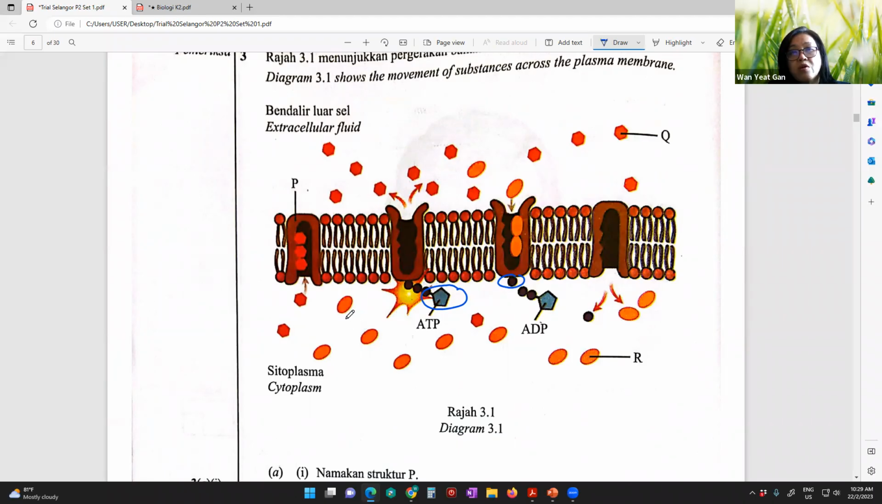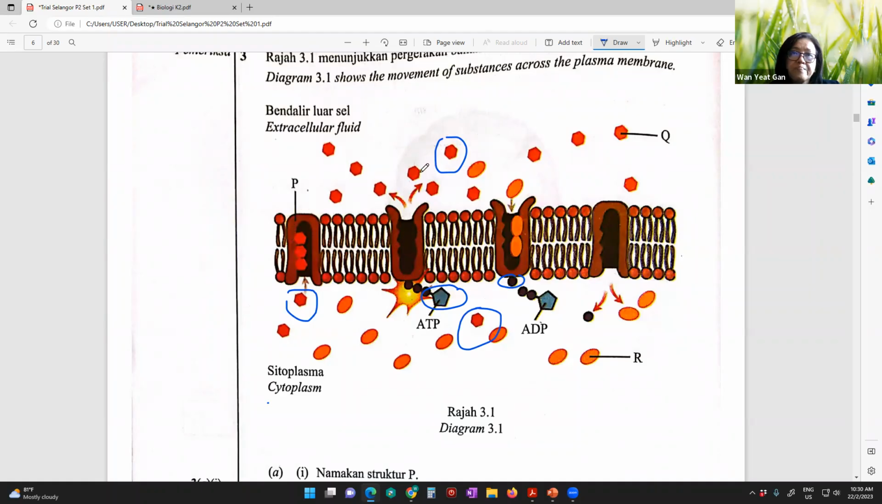In terms of number of molecules, Q has a lesser number inside the cell and more outside the cell. But for R, there are more molecules inside compared to outside. So for Q, you can see it is being transported from lower concentration to outside, which is higher concentration. You can see here that Q, the hexagon shape, three enter into the carrier protein, and then the carrier